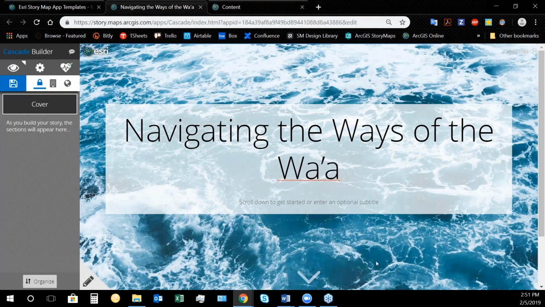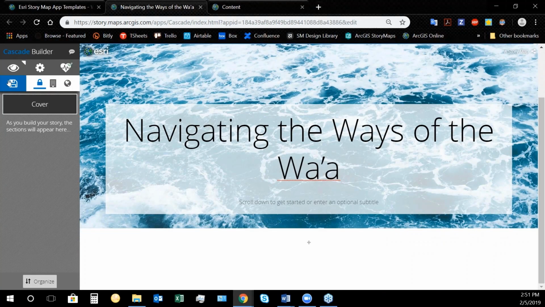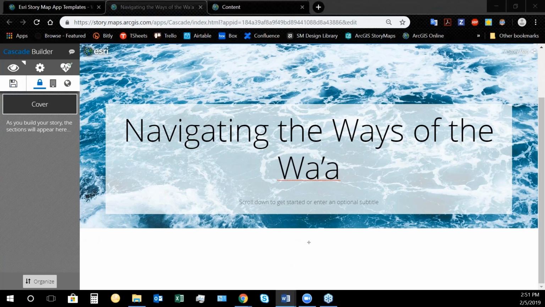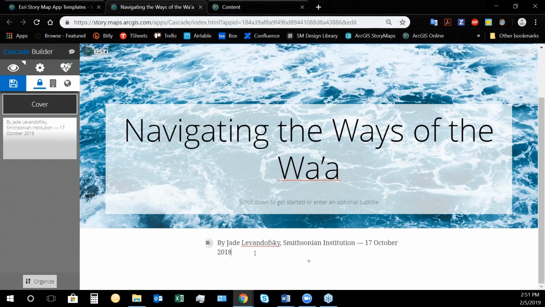When I select it, it's added to the cover, and that's essentially the workflow we use for adding all other types of media. As I get into the body of the story map, which is right in this white area, of course there's nothing in here yet, but I can start copying and pasting in text or typing this directly. I have it in a Word document for demonstration purposes. So this is the author of this original blog that I'm borrowing here.